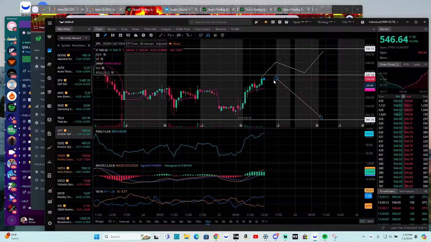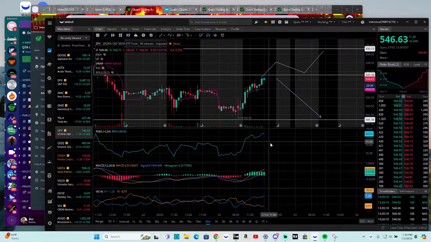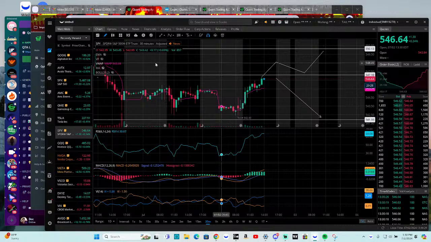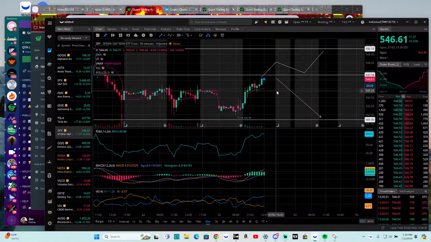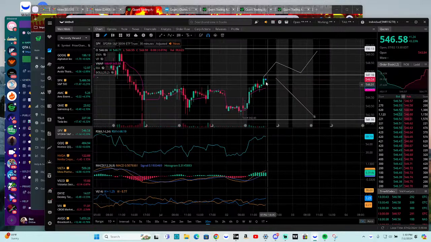Granted, at this rejection, VWAP can hold it as support, and we can take it again. Holding at this VWAP would also give a chance for the RSI to cool down. So rejection here, but staying above the VWAP at 545.50. Holding 545.50 would be good for higher. But I don't see it just traveling right through this. There has to be some type of